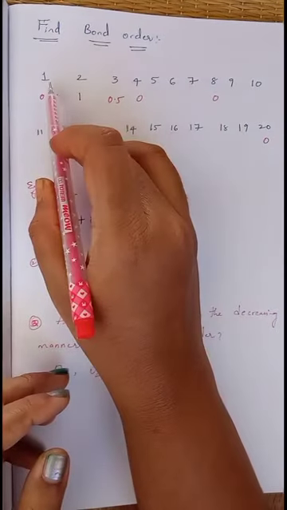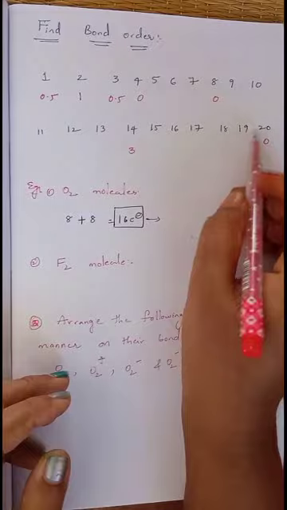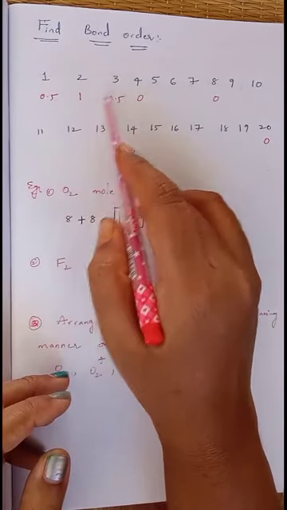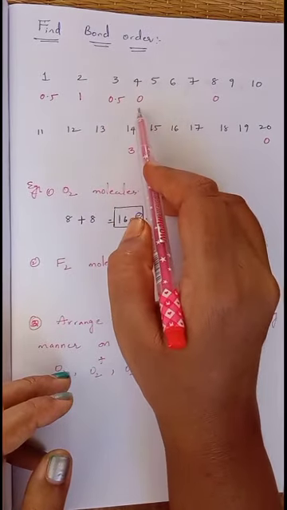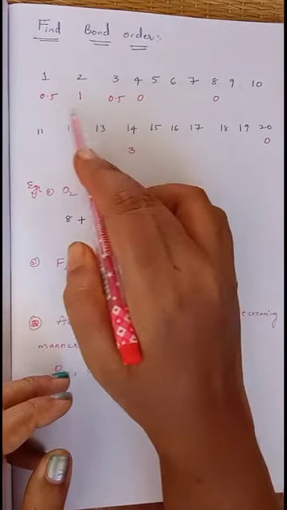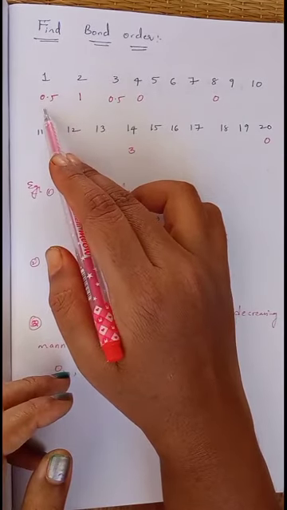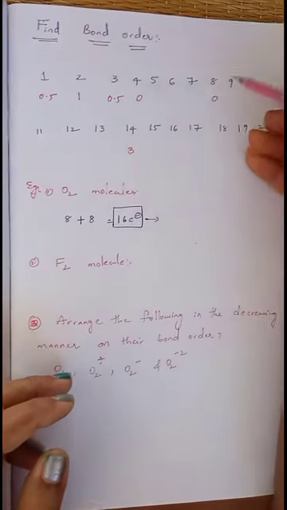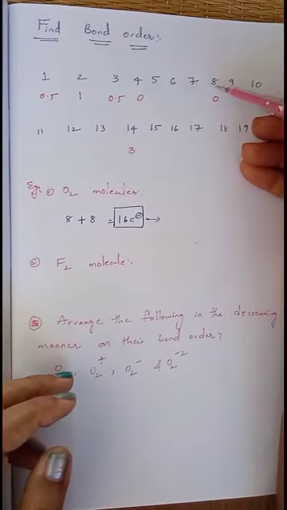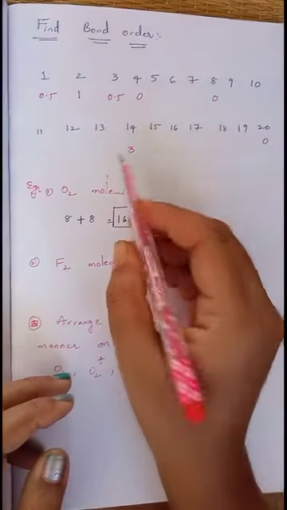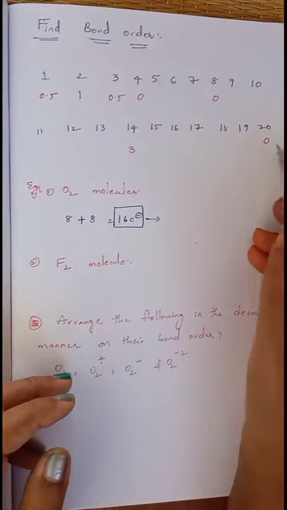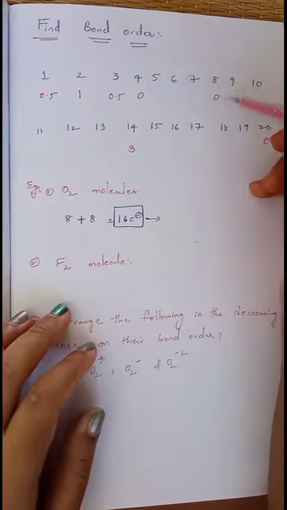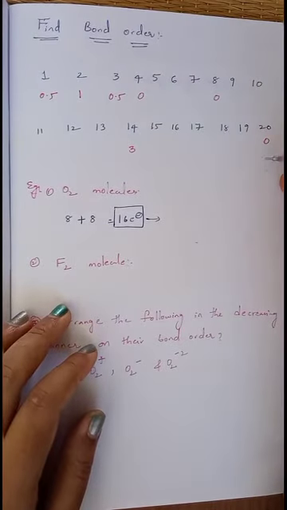First, write down the numbers from 1 to 20. For 1 you write 0.5, for 2 it is 1, for 3 it is 0.5, for 4 it is 0. This you have to learn by heart. For the first, write 0.5, next 1, next decrease by 0.5 and then 0. Then for 8 electrons write 0. For 14 electrons it is 3. For 20 electrons it is 0. You have to keep remembering this: for 8 it is 0, for 14 it is 3 and for 20 it is 0.